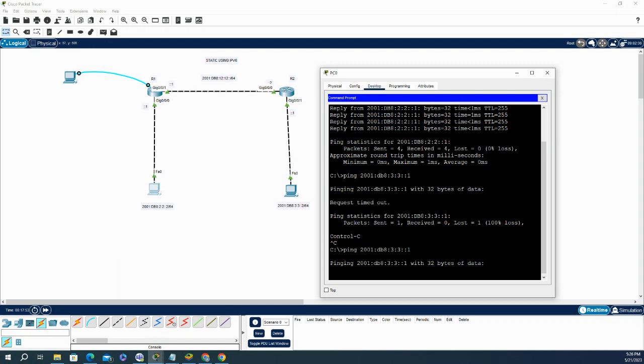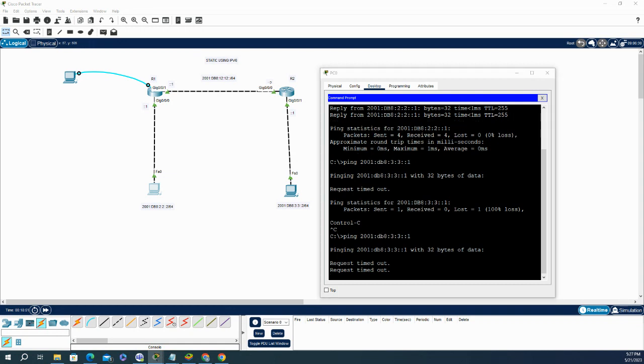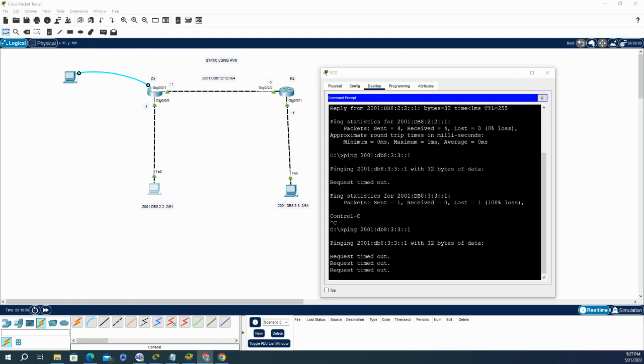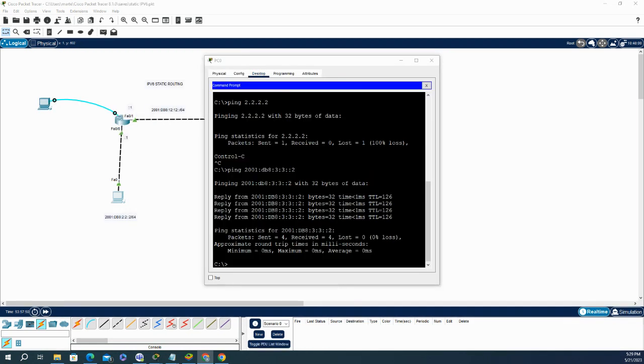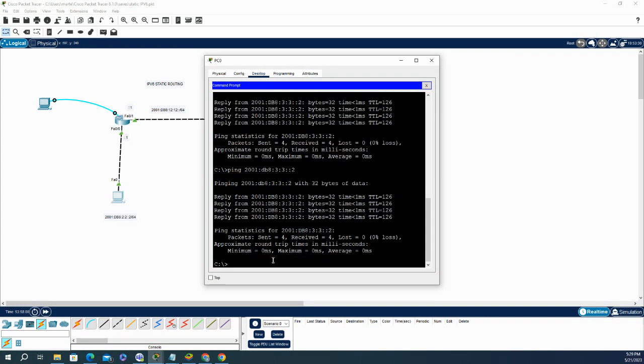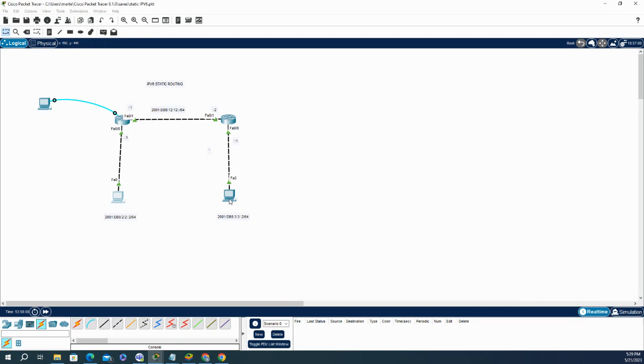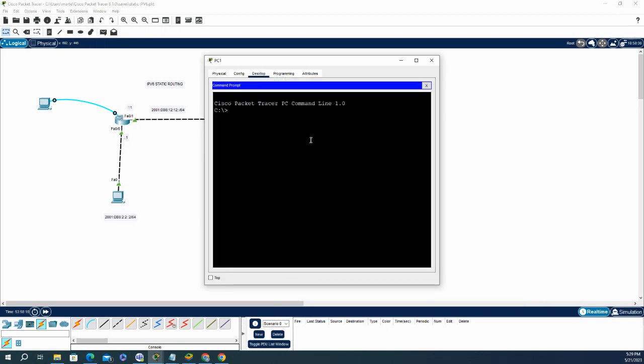Let's do it. We should get a reply. Okay, let's try one more time just to be sure it's working. So we just verified that our static routing is working. We could ping across from this host to the other host. Let's try the vice versa and see what happens. I'm going to do a ping